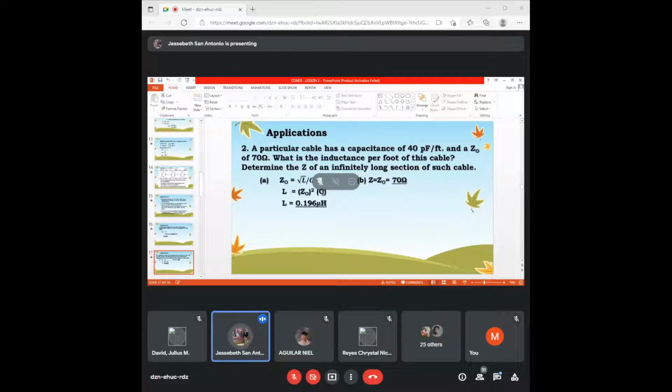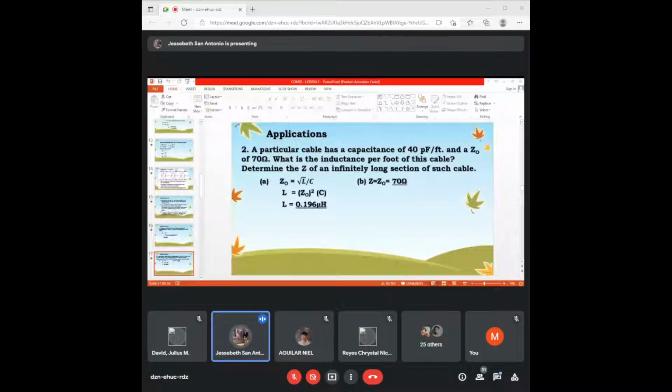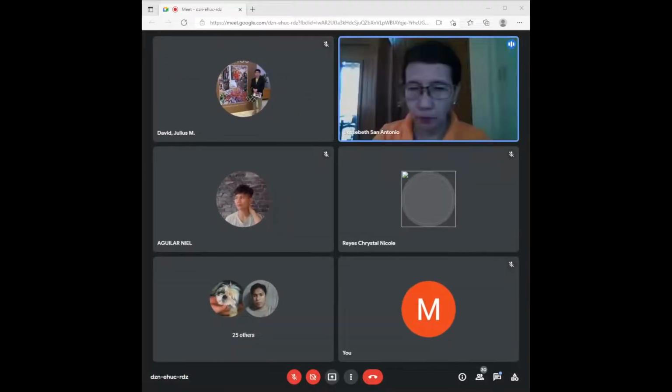For the second question, what is the cable? Sabi nga natin, characteristic impedance is the impedance of an infinitely long line. Sabi, ang impedance nitong kable na 70 ohms. Therefore, that is also the Z. No? The ZO is the Z. Okay? Hello? Napakadali naman. Ibig sabihin, mahina ang pundasyon sa algebra. Diba?